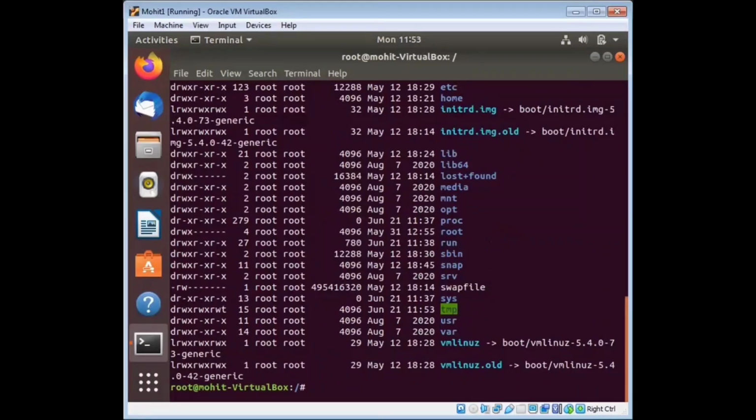Now, next command is your ls minus l. It shows you huge amounts of information. Again, I will type ls minus l and then press enter. You see on your screen it shows you huge amounts of information like your permissions, your owners, your size, and when it was last modified. So these are your permissions.